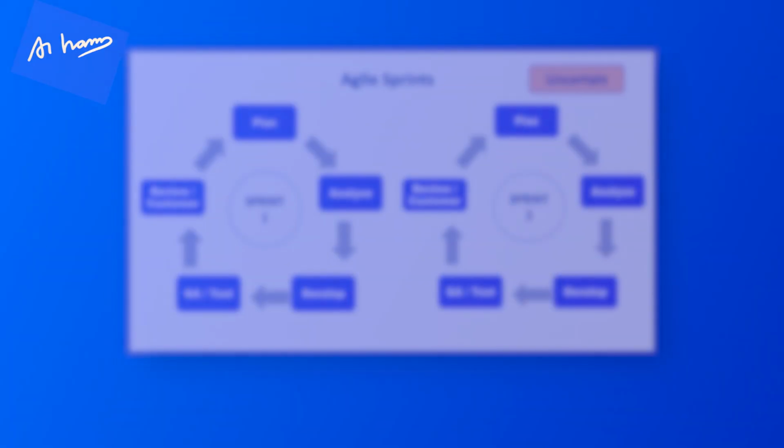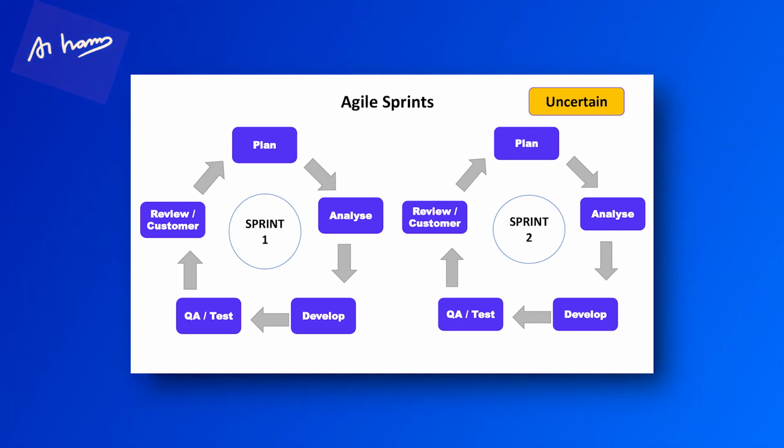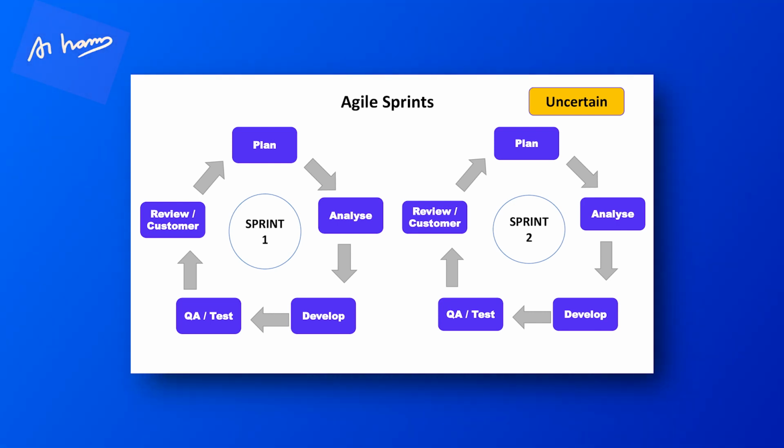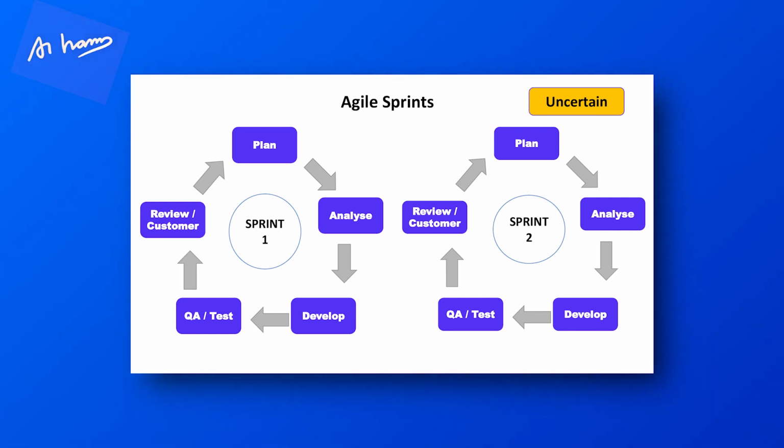Then we came up with the Agile way of working. In Agile, it's very nice. Just have a look. It should be there in front of your screen, right? So in Agile, we have an iterative way of working. So there are iterations called sprints. Every 2 to 4 weeks is a sprint, right? In that, you'll do the entire cycle of plan, analyze, design, develop, test, and then put to production. So the entire cycle happens within just 2 to 4 weeks. You don't have to wait for 1 year to deploy the software. So that's the beauty of Agile, right?